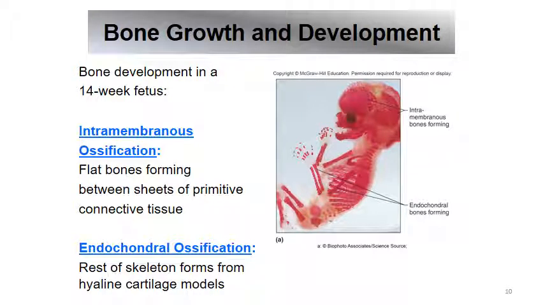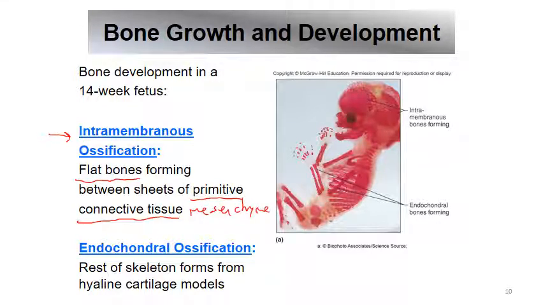Okay, so here we're going to talk about bone growth, bone development, so meaning before we're born, how do our bones come to be? So there are the two different types of bone formation, intramembranous versus endochondral. And these are building different types of bones. Know that for the intramembranous, this is only for the flat bones, how they form. And know that this type of bone formation uses primitive connective tissue. This primitive connective tissue is also called mesenchyme